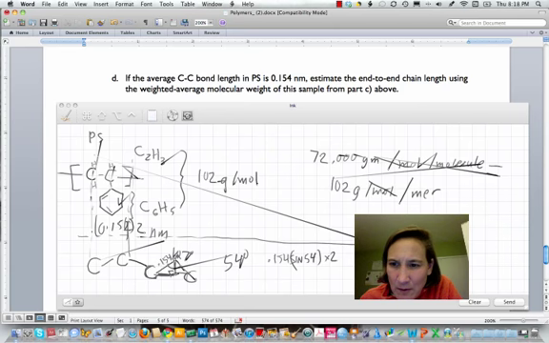105 mers per molecule. And we know that from this computation here that this is the length, this number of nanometers per mer. And so we're going to take this value, we're going to multiply it by this value. So 105 times 0.154 times the sine of 54, this is about 0.8 times 2, and we're going to get